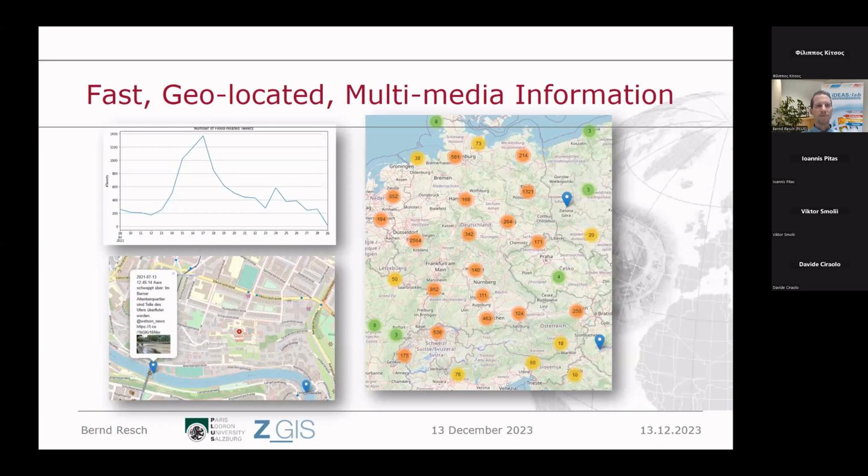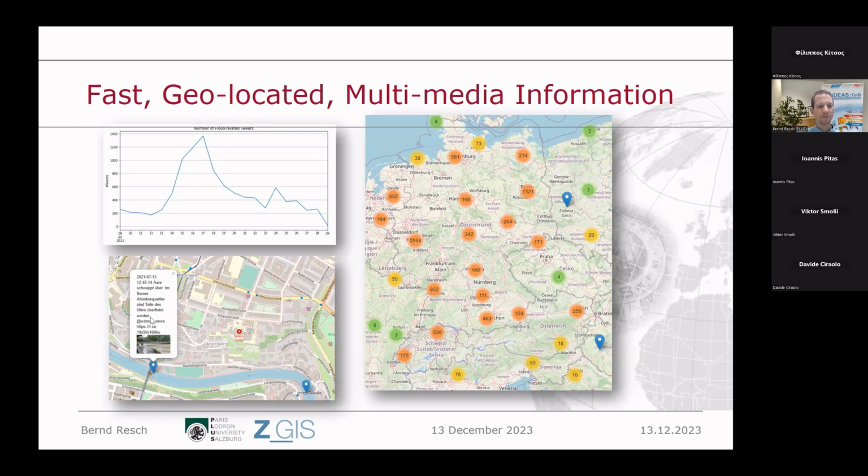So what do we see? Fast geolocated multimedia information. This is something that we deliver to our customers as well. Basically, what we see here is the Germany and Central Europe floodings two years ago. You see a lot of posts, for example, a cluster of 900 here, a cluster of 2,500 here. And that's obviously the area around the Ahrtal region, which is the most affected one that we saw, which was flooded. And then, of course, we have this dynamic map, similar to what Antonio showed before.